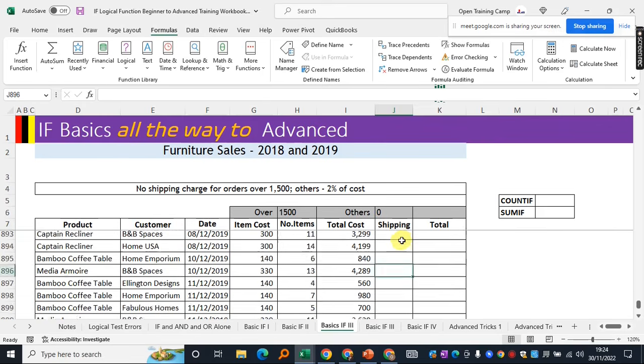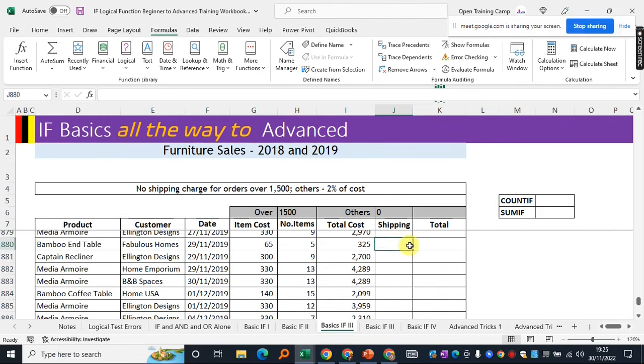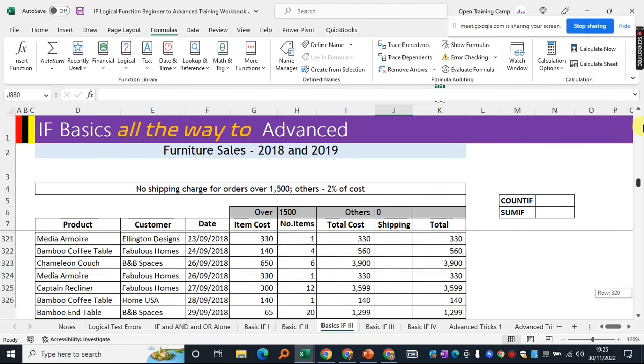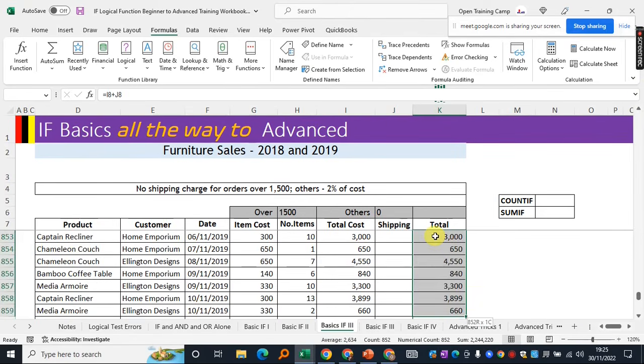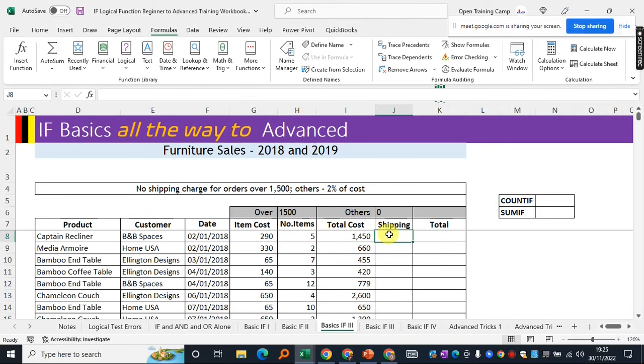So we shall start with our if function. Sorry, I didn't remove all the values. Now let us see how we can write an if statement that will give us either 2% on top of the total cost, or will exclude 2% from that particular order. So you'll come in here and say equals if